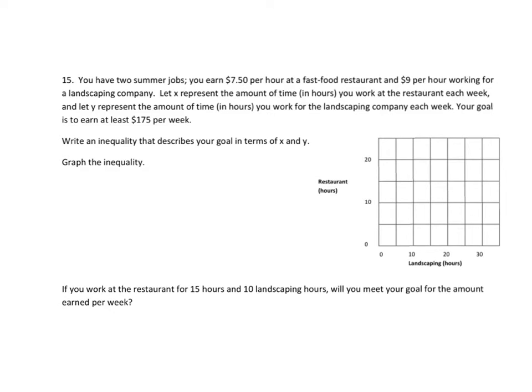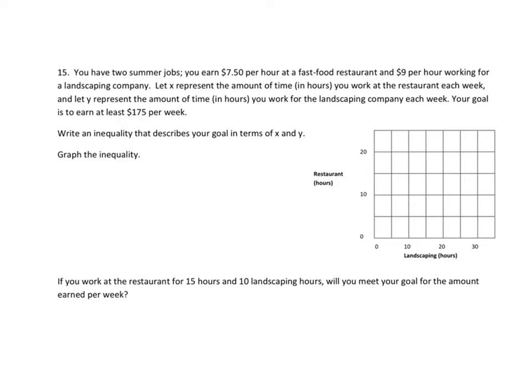So we're making $7.50 per hour at the restaurant, and we're spending X hours at the restaurant. Plus, we're making $9 an hour, and we're spending Y amount of hours at the landscaping company. So this represents our total amount of money made in between both jobs, and we want to make at least $175. So we want to make greater than or equal to 175. So there's our inequality. And we're going to graph this, and to do that, I'm going to find X and Y intercepts